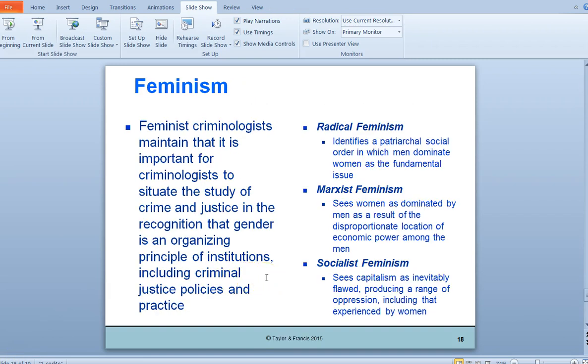The next contemporary stream of thought is feminism. It highlights the fact that the social world is fundamentally gendered. That is, men and women encounter different life experiences that are a product of the culture and historical and societal processes that are interwoven with race and class inequalities.